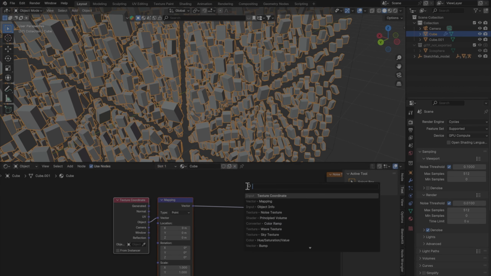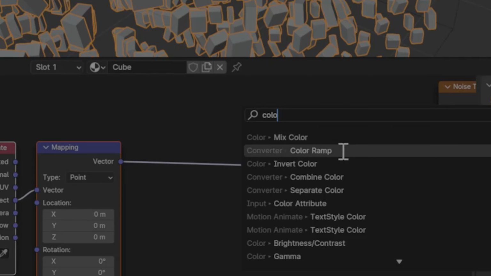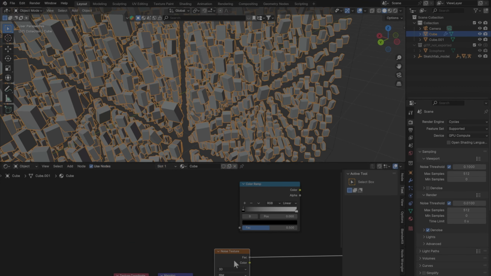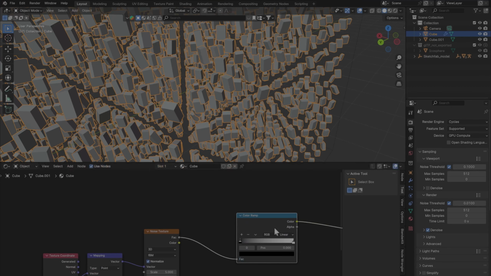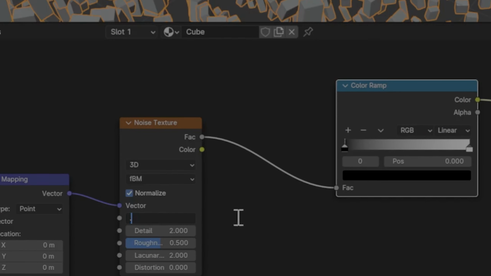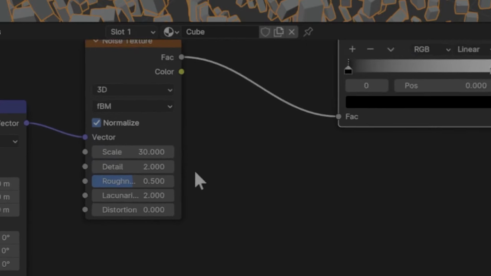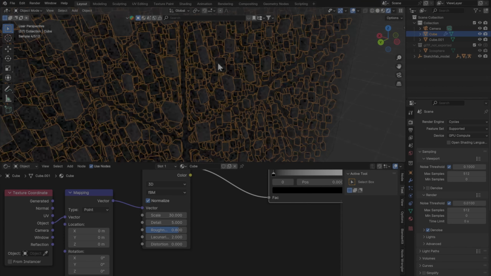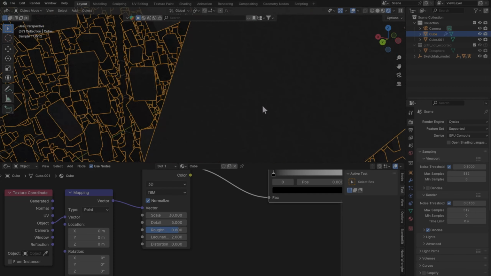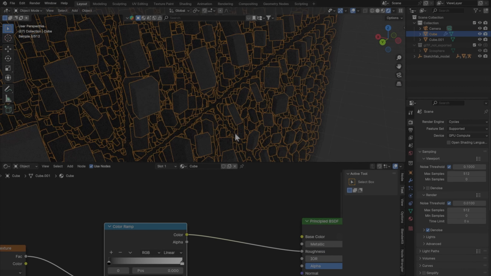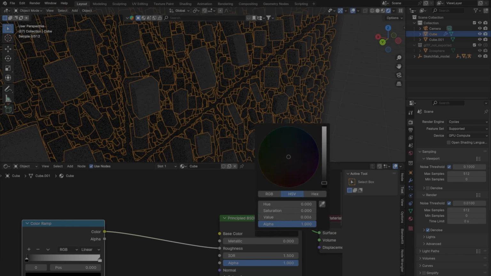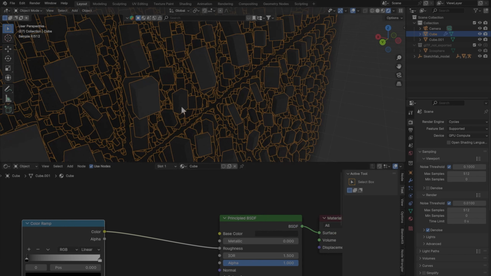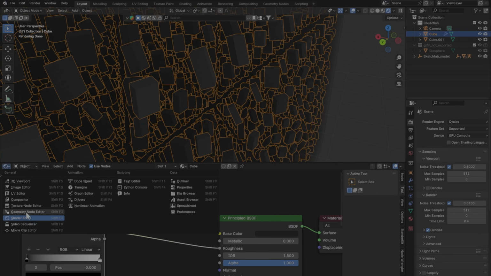Now we need another node which is color ramp to mix the factors and values. So just add it. Just change the parameter to 30. Detail is like 5, roughness is 0.8, and there you go. But you can't really see any material on the cubes because nothing is changing; you need to change it from geometry nodes. So just go to geometry nodes and